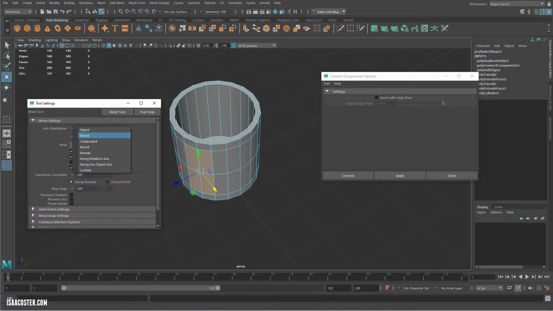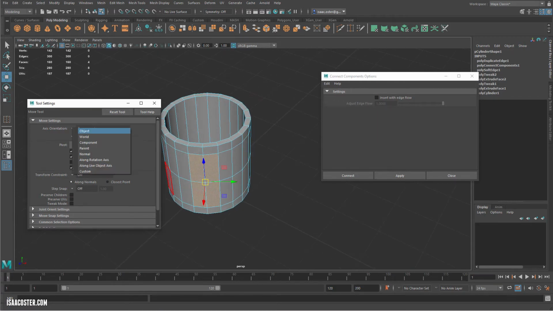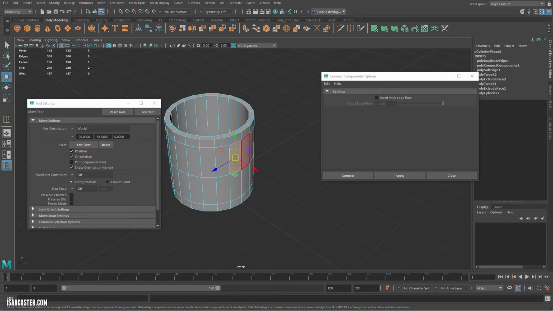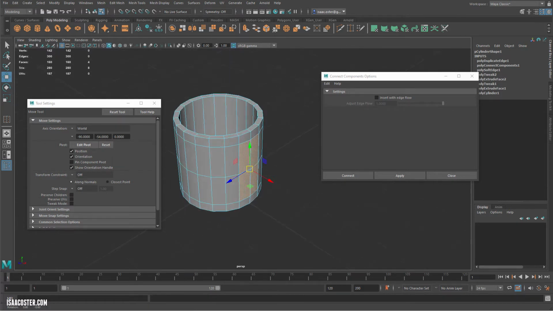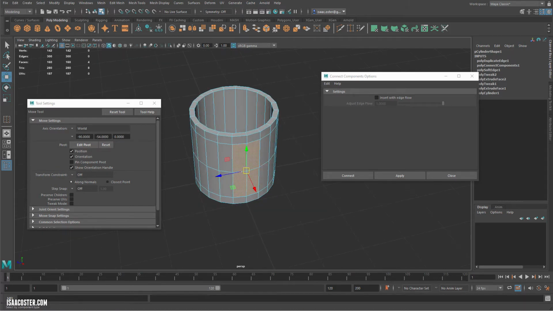The axis orientation can be set to component, in which case it totally works. But either object or world is going to give me effectively the same result. So if I can work on that axis, it doesn't really matter which one, then that's a win for me. So I'm going to go ahead and select these faces, and that's kind of thick, really,